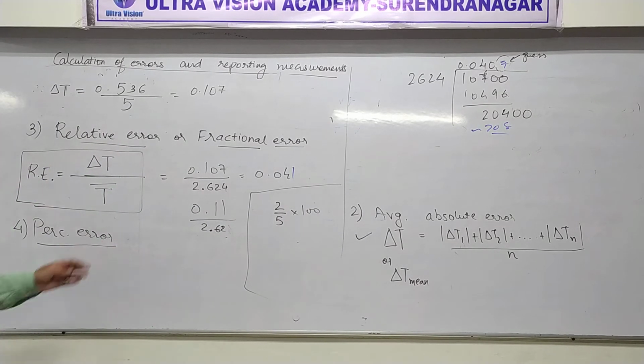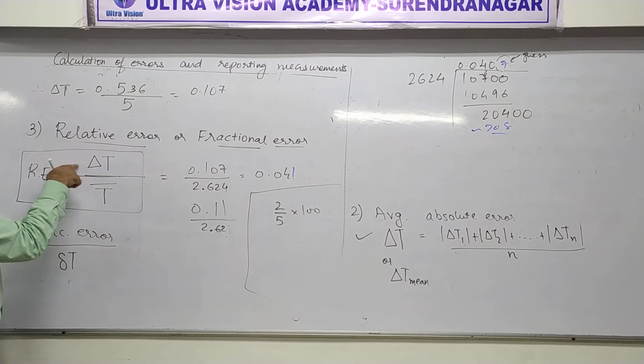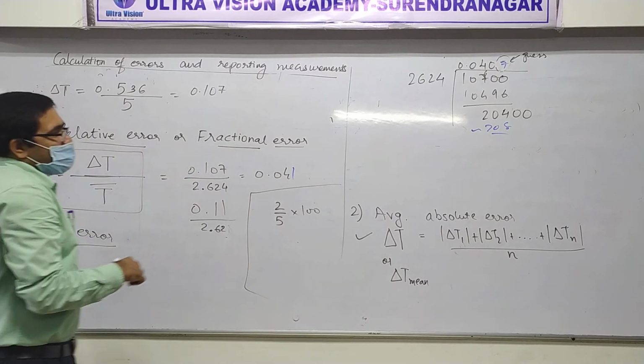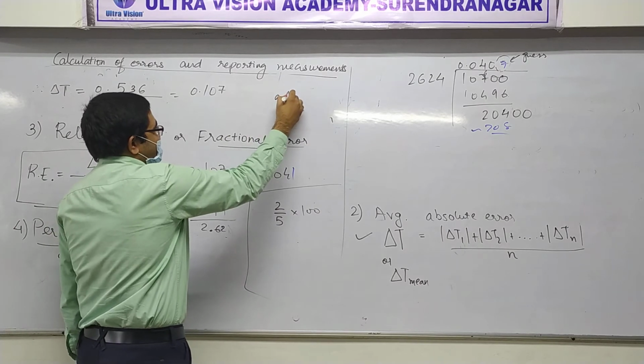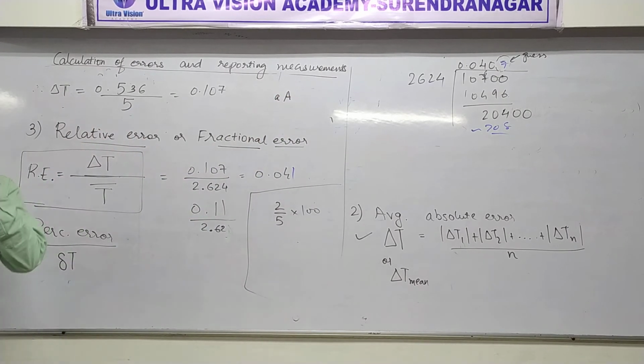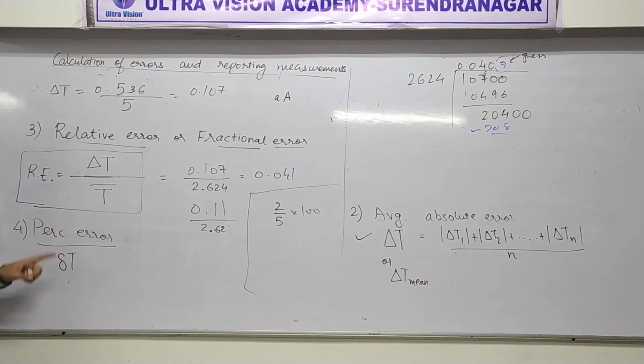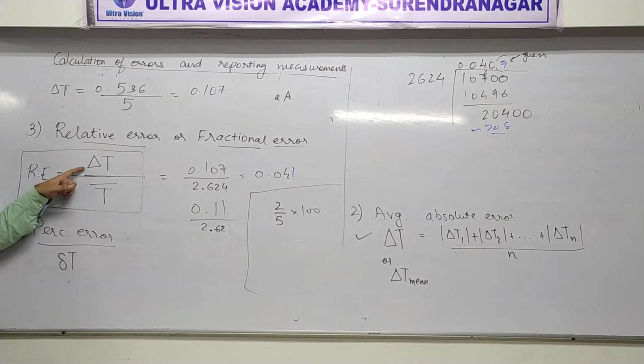Same thing here. So percentage error simply means, the symbol is written as follows: delta T. This is also delta, but lowercase delta. You see, these are all Greek letters. Greek letters also have capitals, just like we have in English. Similarly, this is lowercase delta and this is capital delta. Both are delta, is that clear?